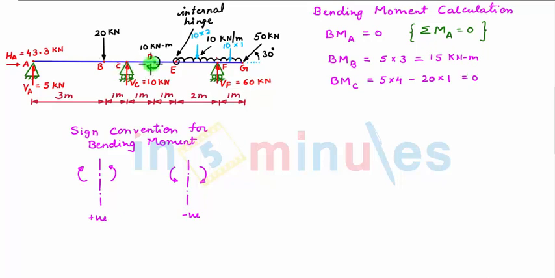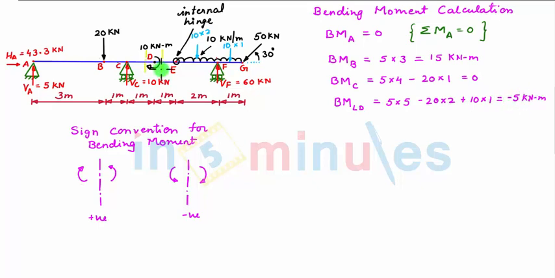Next we move towards point D. Now we see that at point D we have a couple. So we'll take a section towards left of D and towards right of D and very near to it. So bending moment towards left of D is equal to, considering the left hand side of this section, we have a clockwise moment of magnitude 5 into 5, then an anti-clockwise moment of magnitude 20 into 2, then a clockwise moment caused due to the vertical support reaction Vc of 10 kN force acting at a distance of 1 meter. So plus 10 into 1. So this is equal to minus 5 kN meter.